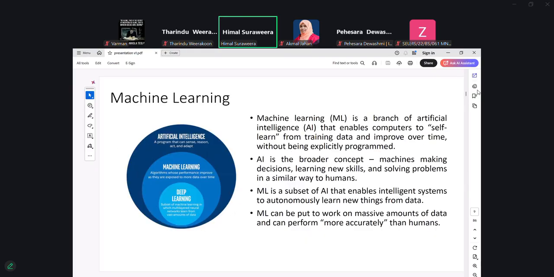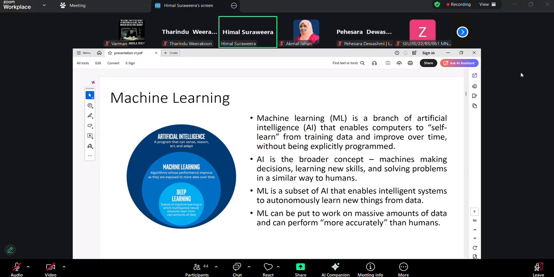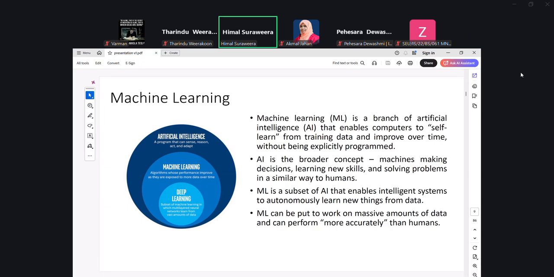I will not go into much detail about machine learning. I think it's a branch of AI, as we all know. It deploys certain algorithms to self-learn from training data and to improve over time without being explicitly programmed. As you know, machine learning has been deployed for various kinds of applications, for example, classification applications such as understanding what is in an image, as well as predicting future data, and finding patterns within data and so on.